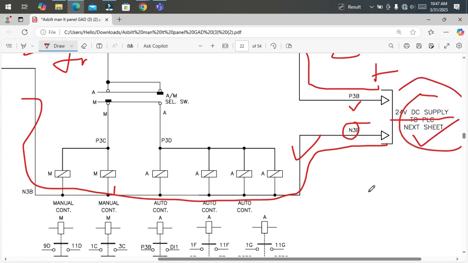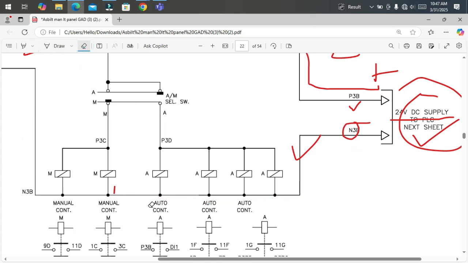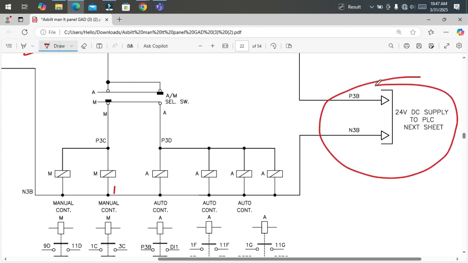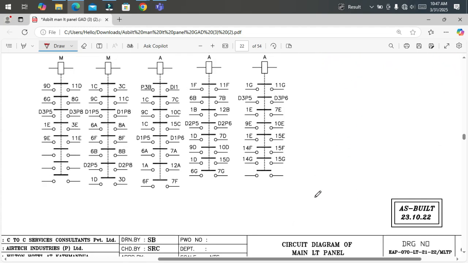So in next sheet we'll discuss about PLC wiring and how actually the connection is done for this LT panel. So this dedicated line is only for PLC power supply, which is 24 volt DC. Okay,